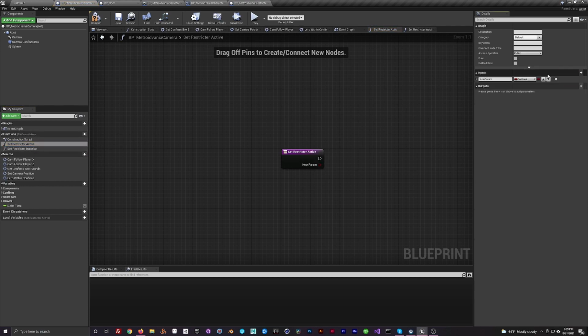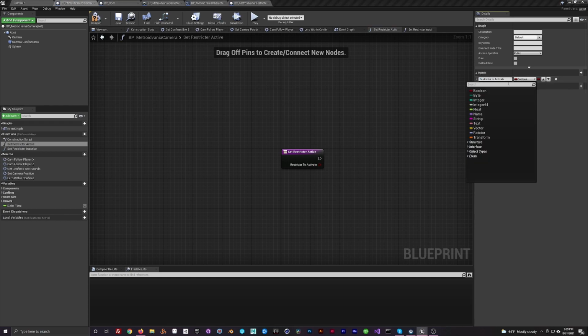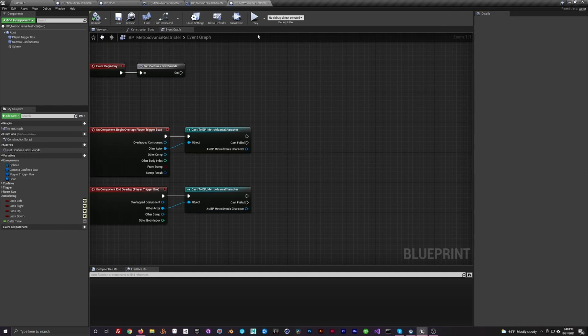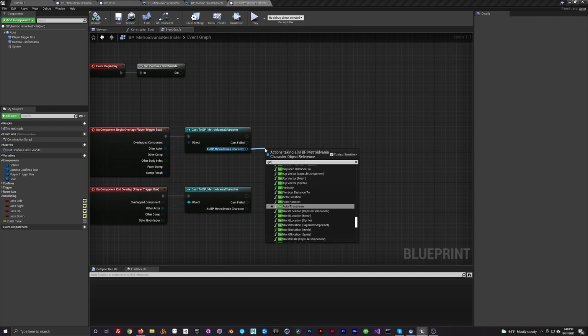So on the set restrictor active, we want to add a new input called restrictor to activate and set that to the type restrictor. And on the set restrictor inactive, do the same thing, but we'll call this one restrictor to deactivate. Then you can save and compile that,